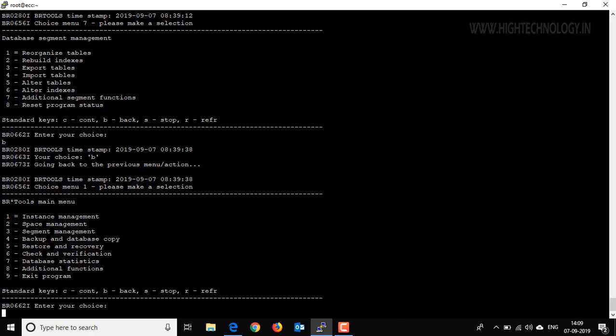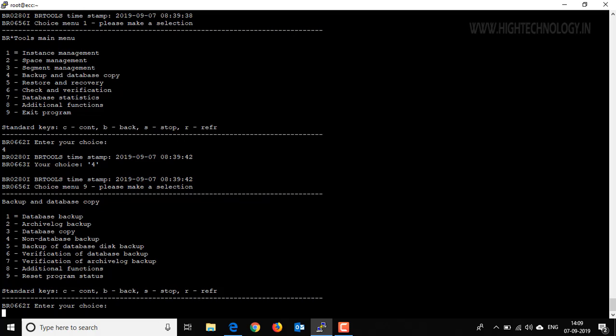The next part is backup. So type 4 here. So here we have multiple options like database backup, archive log backup, database copy, non-database backup, backup of database disk backup, verification of database backup, verification of archive log, and some additional functions. So here I am going to use the first option, that is database backup. So type 1 here,